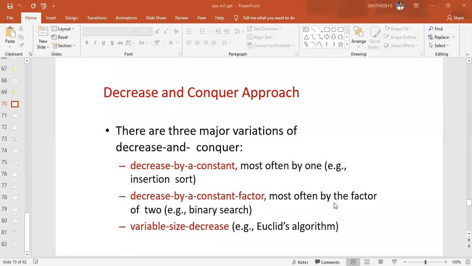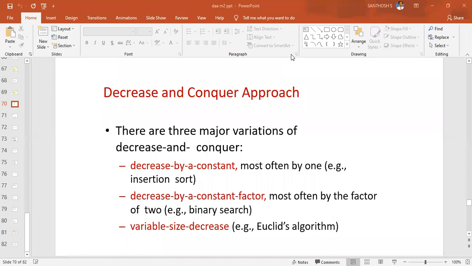Here, most often it is by a factor of 2. Go for binary search, there you get the number 2, divide by 2. Binary search has a division by 2.